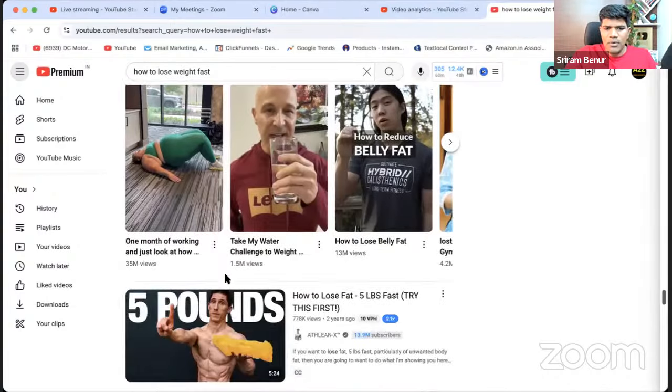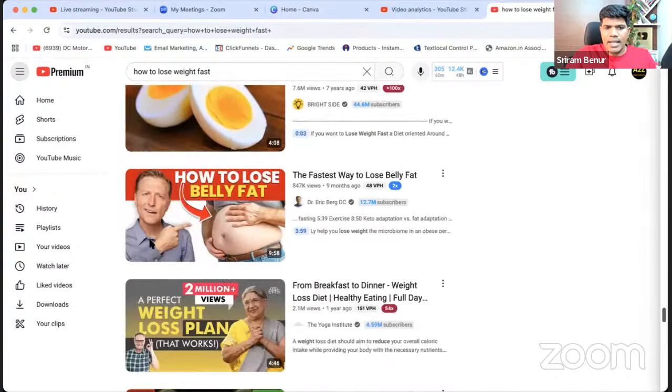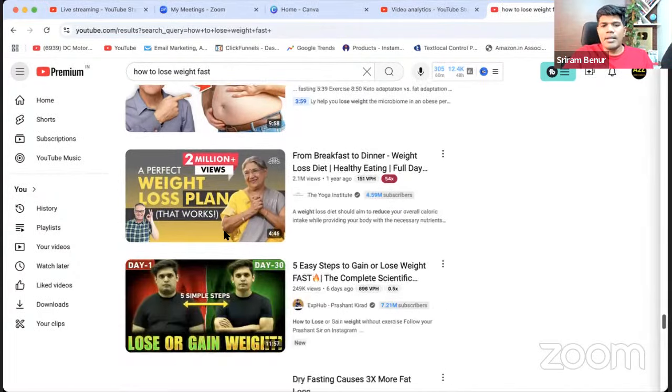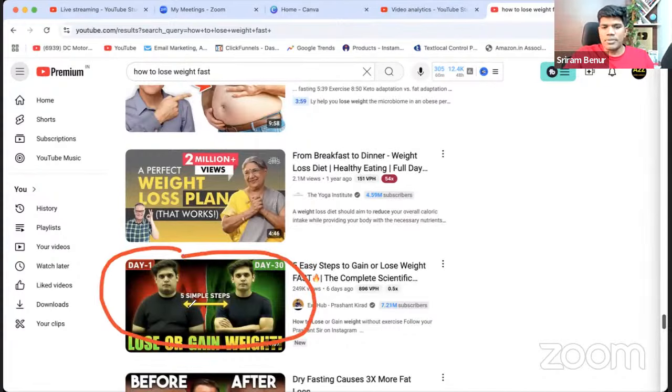Right. So this is how you get ideas. Okay. Again, "how to lose belly fat," with an arrow indicating the fat belly as well. If you can include something like this, it can certainly grab audience attention. Again, the split screen can also get great views, right? Showing before, after. Now it says day 1, day 30.